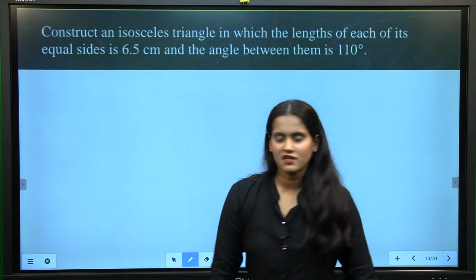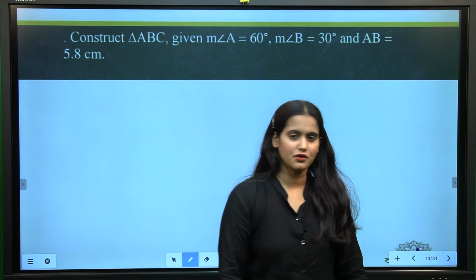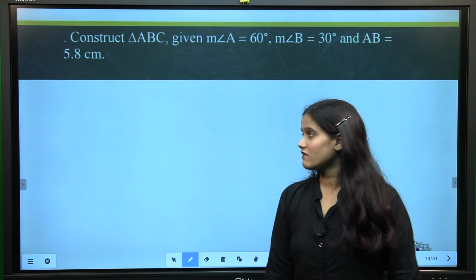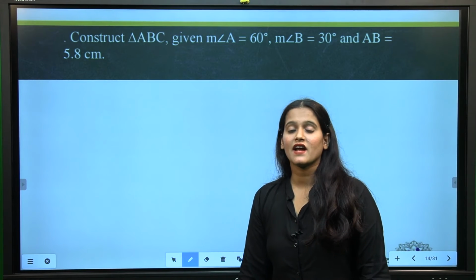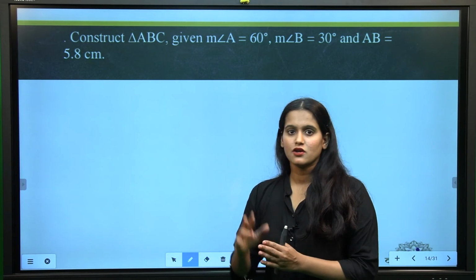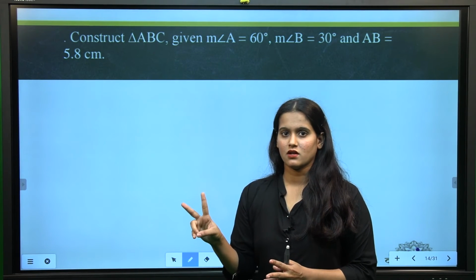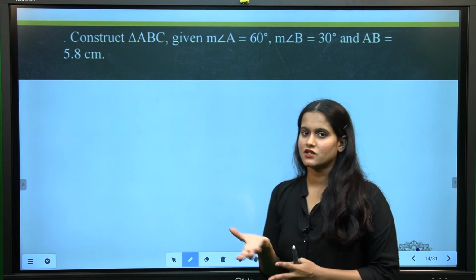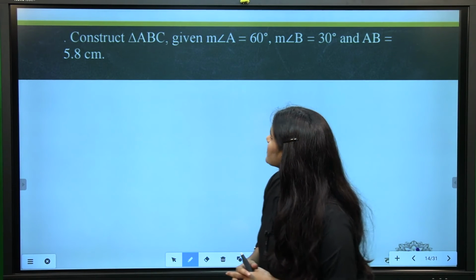Okay, this one we already did, no? Isosceles triangle, I told you. Even if they are not given all three sides, if they say isosceles triangle, two sides we know are equal. So, taking that into consideration, you can do the construction. Next one is,